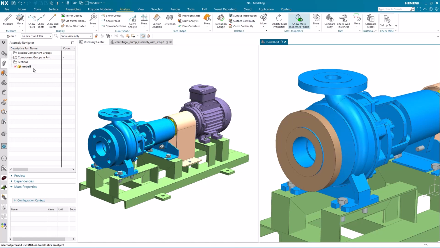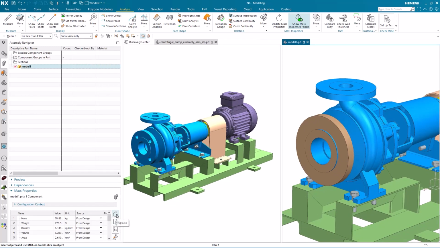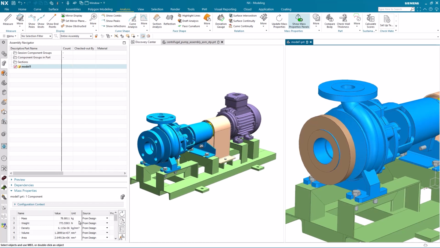And now when I go back to look at my mass calculations, you'll notice currently I still have the exact same mass that came across from the original assembly. However, when I look at the source, I can change the source to include any coated areas. And when I do that, you'll notice the mass updates to take that into consideration. So that's just another look at Simplify Assembly. Just some different options, some other enhancements that I wanted to take you through.